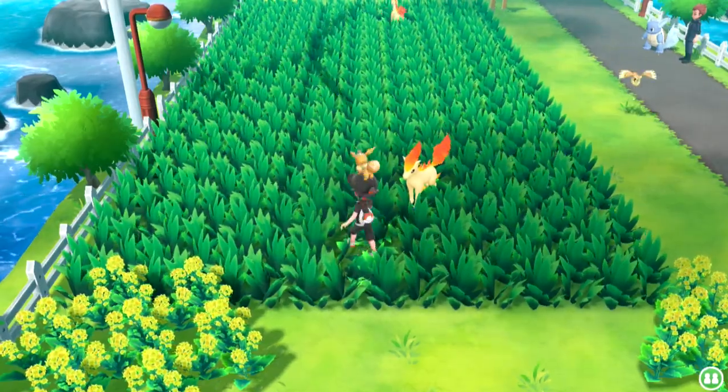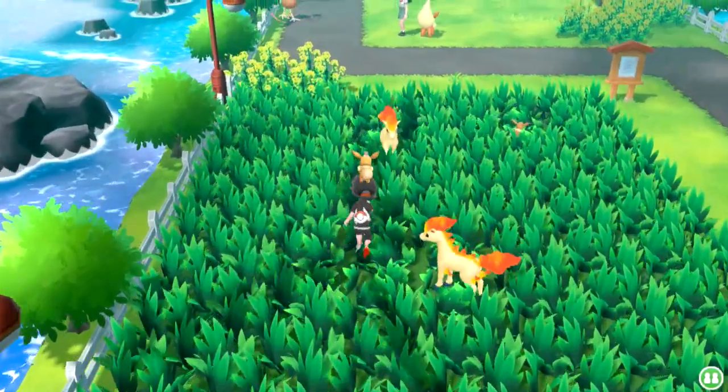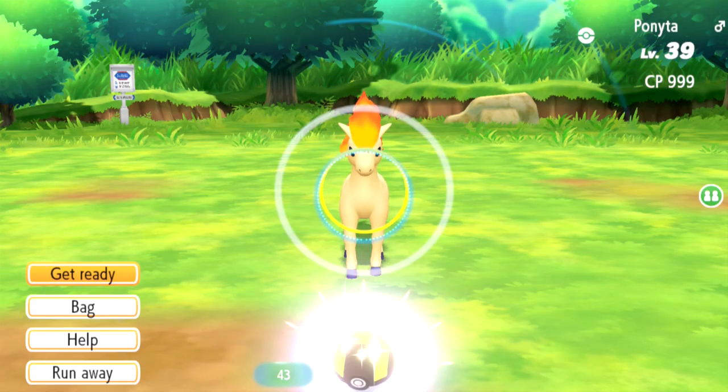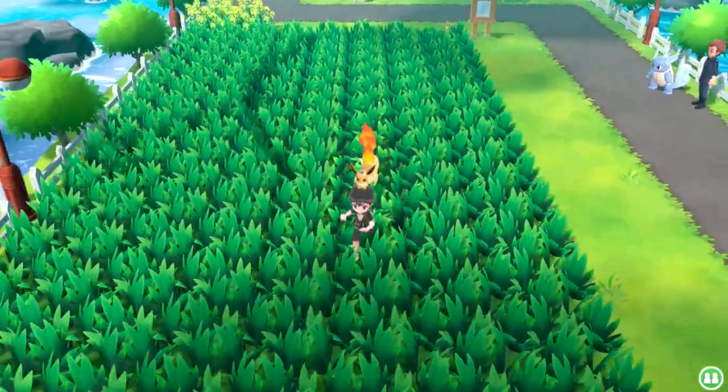Let's try this instead. Or not. Hopefully something will spawn in. Alright, there's more Eevees. Whoops. A good way to get rid of them. The other option is to just walk around and hope they despawn. Or you can just go into a battle with them and...